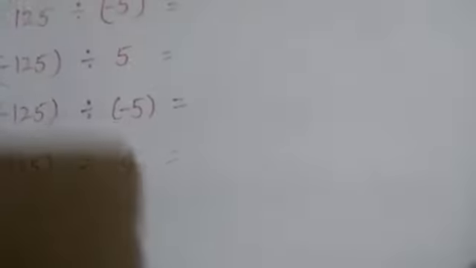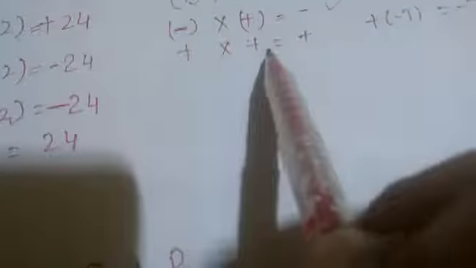So see it at once, we are discussing everything. That means if I divide 125 by 5, my answer is 25. So this question is actually simple. So again we have to write 25. Now see, the criteria is simple, the same that we have done in the case of multiplication. Here also, if both integers are with a negative sign, then the answer is positive. If one integer is positive, one integer is negative, then the answer is negative. Again the same, if both integers are positive, then also the answer is positive.